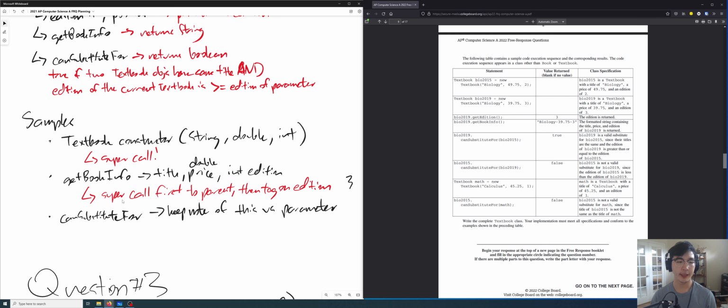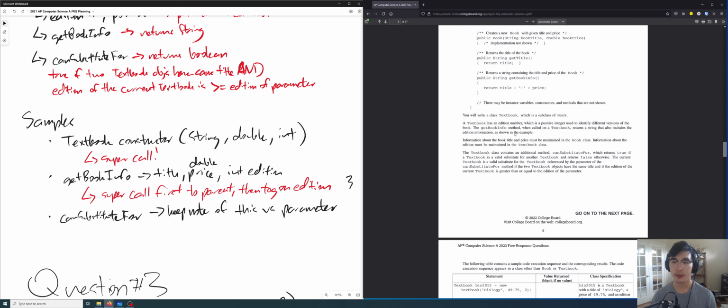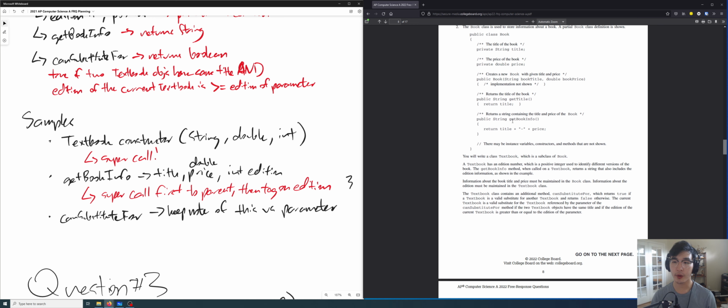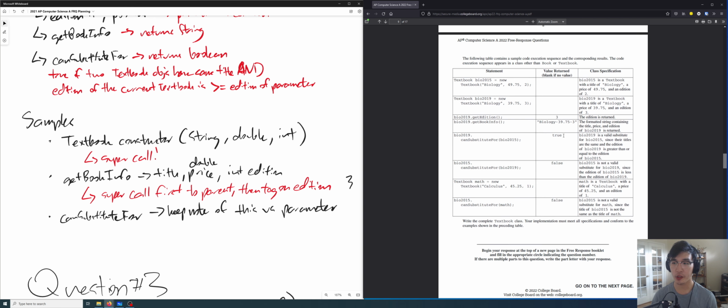Well, I need to call the super, okay? So if I am in the child class, the textbook get book info, I can do super and call this get book info. That'll give me the title dash price. And then I need to add on to that a dash and then my addition number. So tag on addition number afterwards.